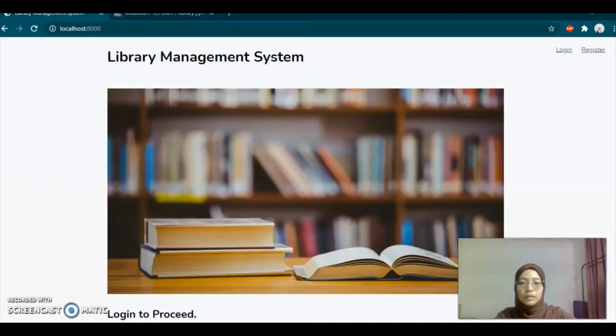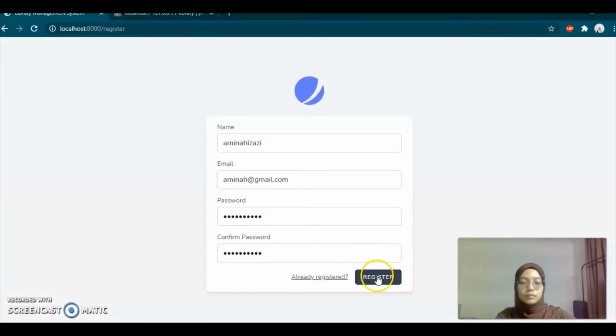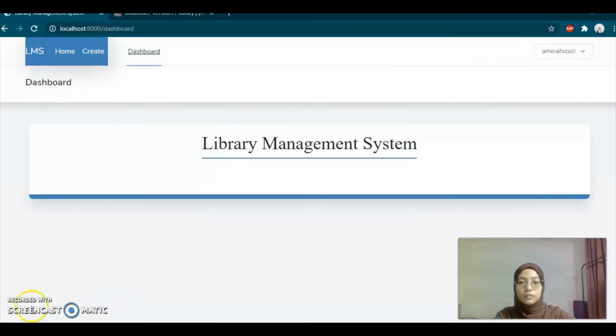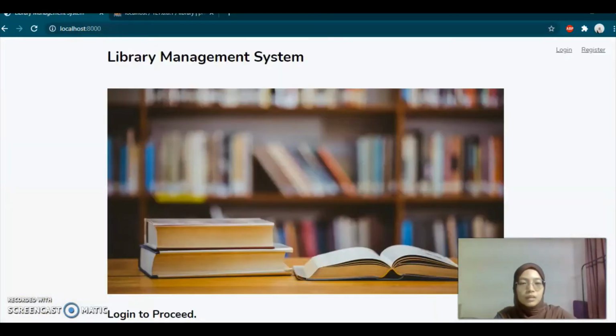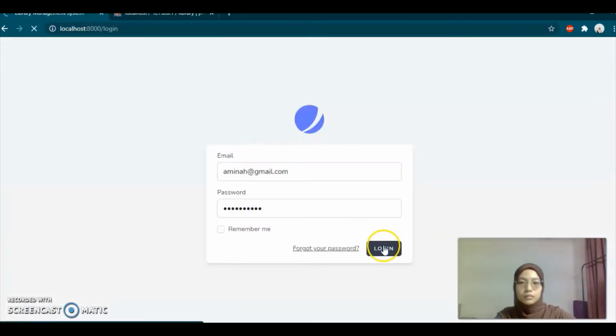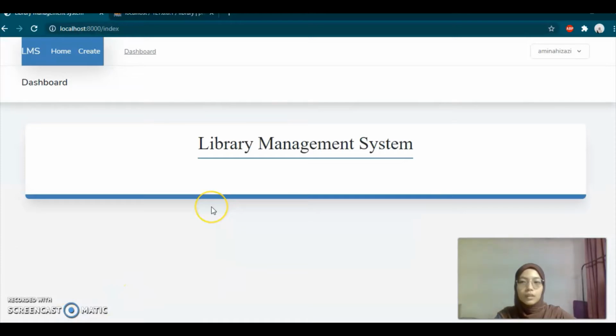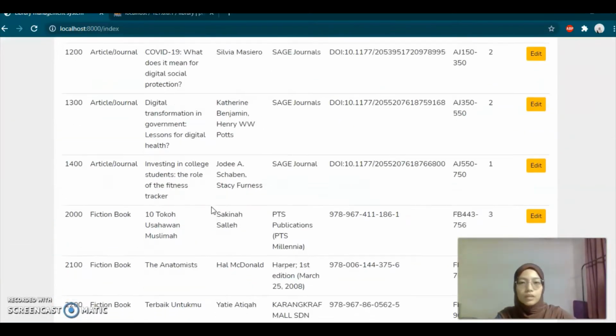Here is our system. To proceed, we need to log in or register. So we register first. So here in this page, it indicates that you have successfully registered and logged in. So to proceed, we need to log out and log in. Let's log in with the registered user. So right now it has successfully logged in, and